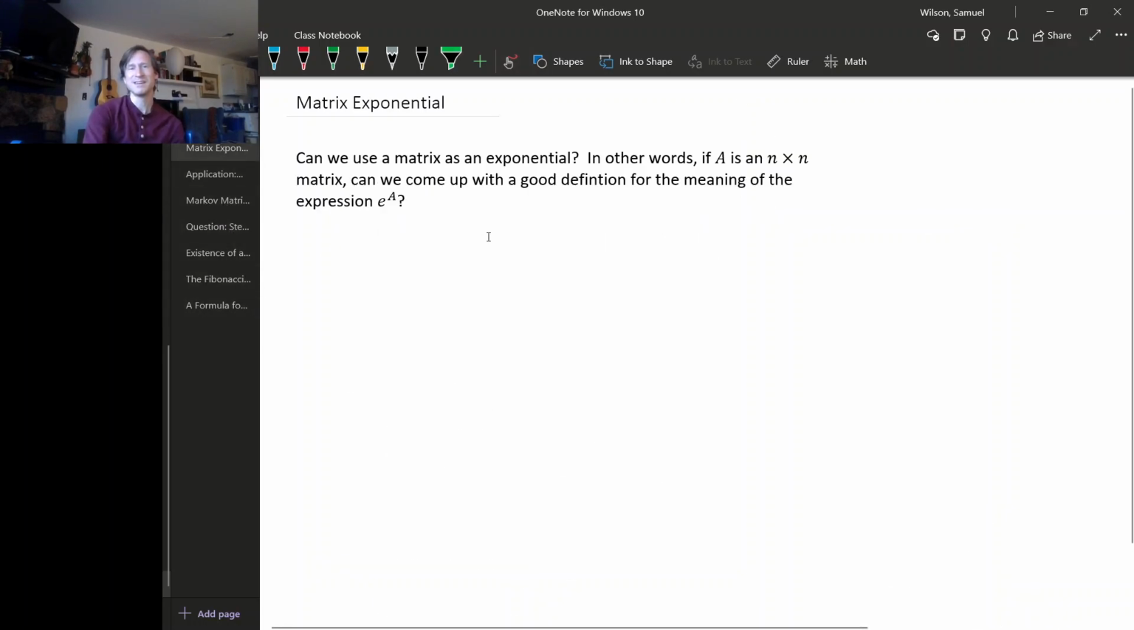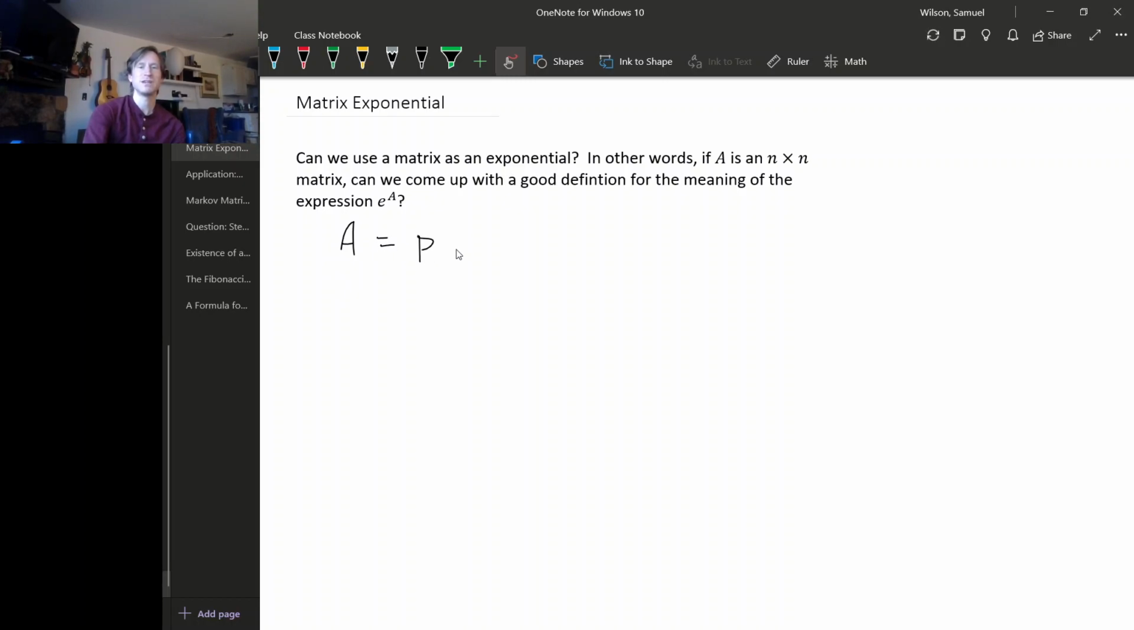What would it mean to define e to the A for a matrix A? Can we use a matrix as an exponent on an exponential? Well, there are a couple of ways to think about this, and one way is to think about it in terms of diagonalization. So if A is diagonalizable,